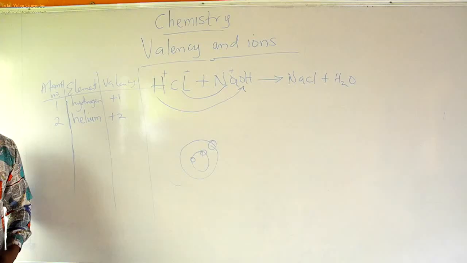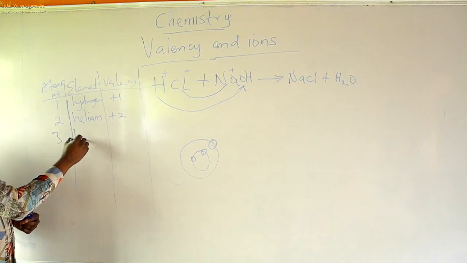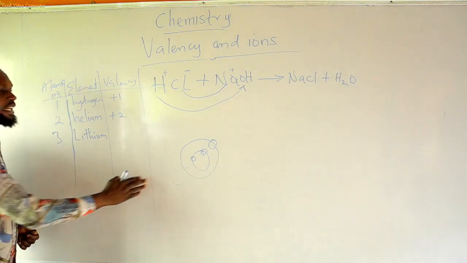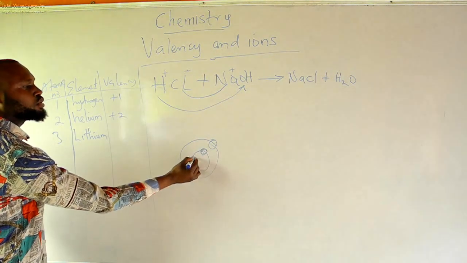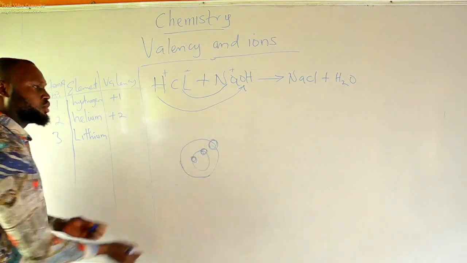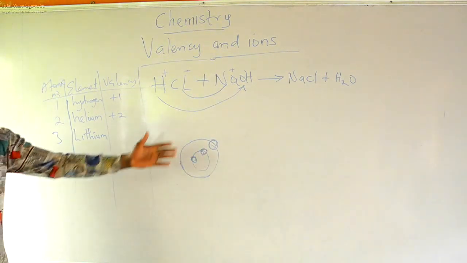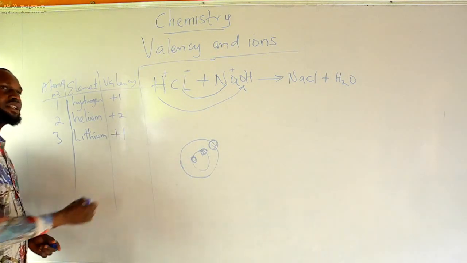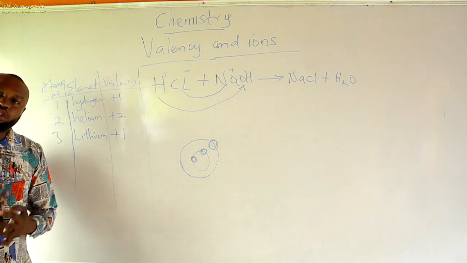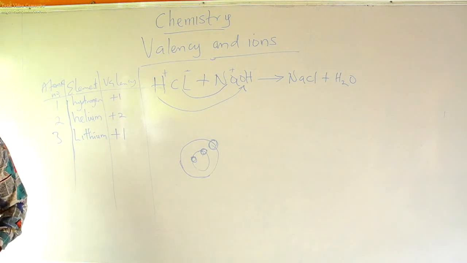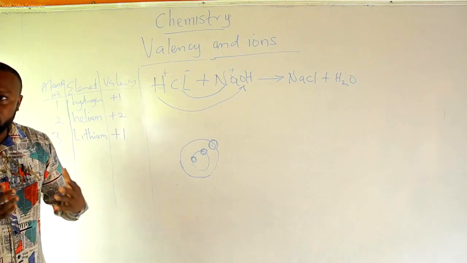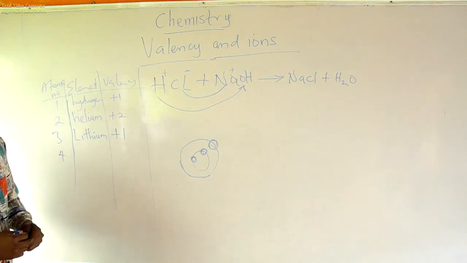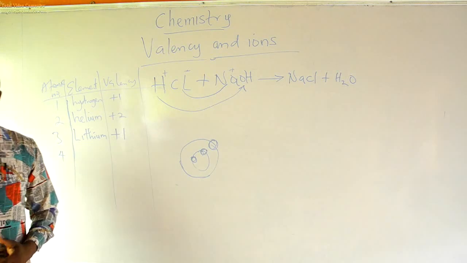Now the next element is lithium. We all know lithium has 3 electrons. So the first shell will be 2, the next shell will be 1. So looking at this, it's obvious that lithium is willing to donate a single electron, so it will take a positive charge. Don't forget, I told you that electron donors are positively charged while electron recipients are negatively charged. Now I would love you to do the first 10 elements and assign their charges with this. If you have any questions, you should put it